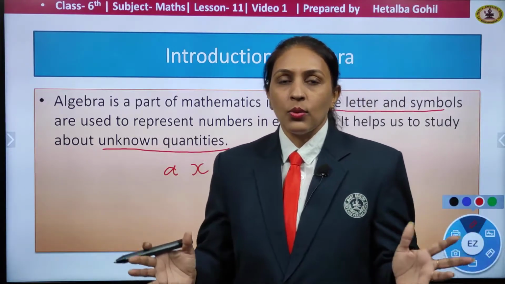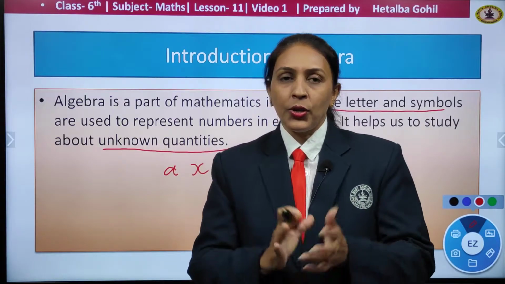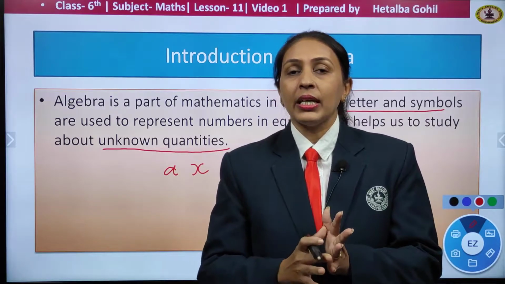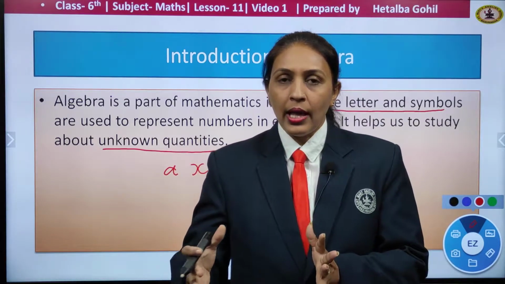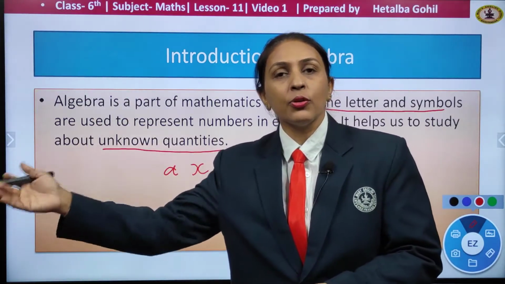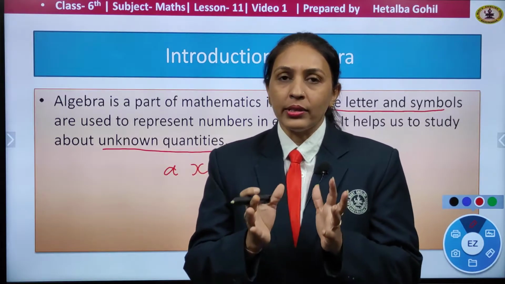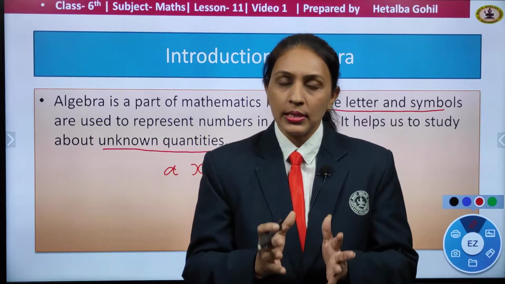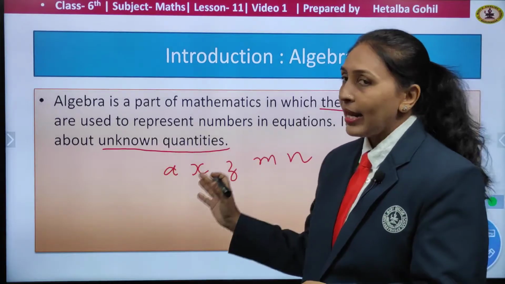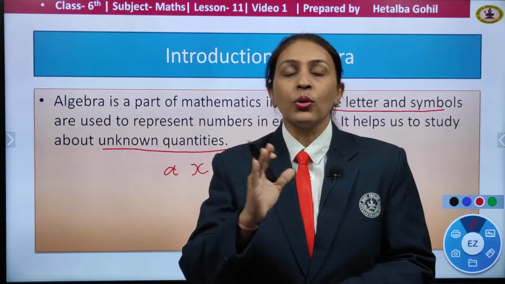Now you will ask, what are unknown quantities? For example, I tell you, your mummy has 20 chocolates with her. She is giving 10 chocolates to you and the remaining ones are given to your sister. Then how much is given to your sister? How do you find out? Yes, to find out the number of chocolates given to your sister, we use the alphabets or the letters in the form of algebra to find that unknown quantity.